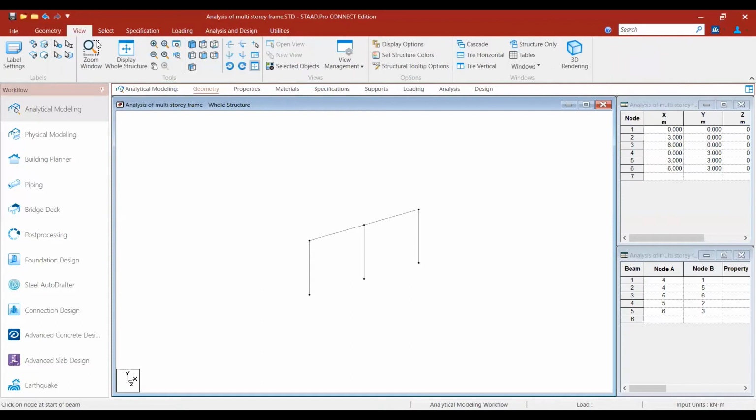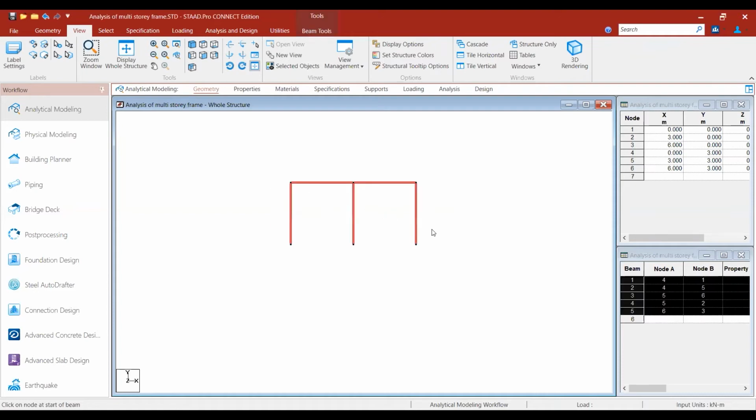The views you can see here: isometric, left view, front view. Whatever we are seeing now is the isometric view. Multi-story means one more story, so you take one more story. You copy this.